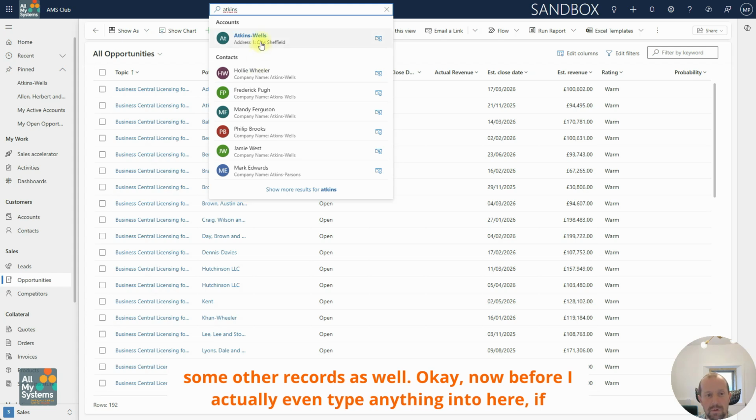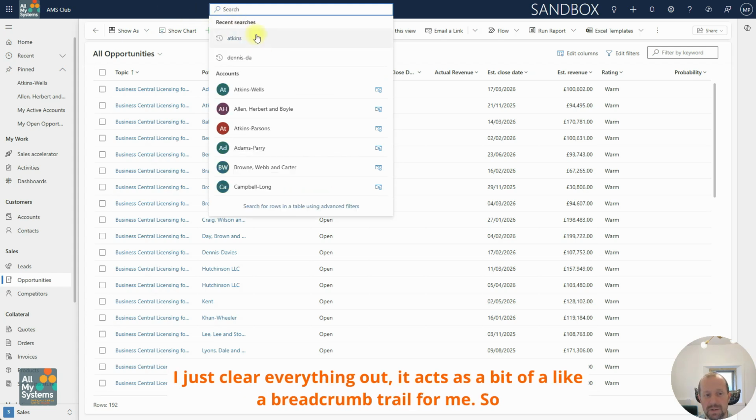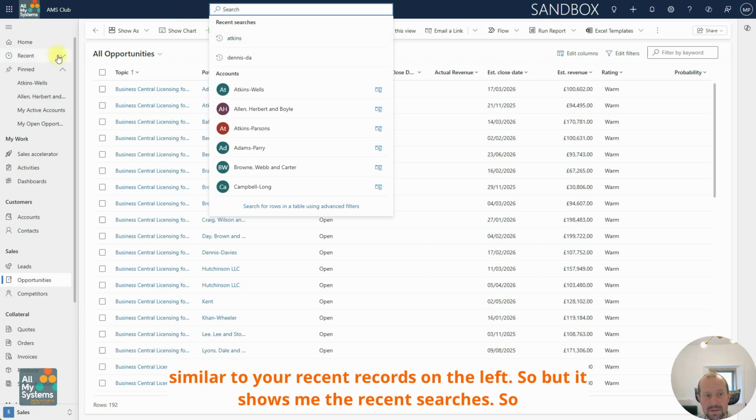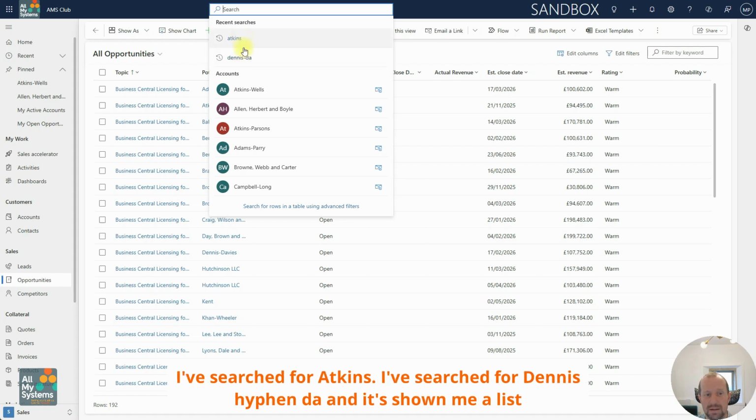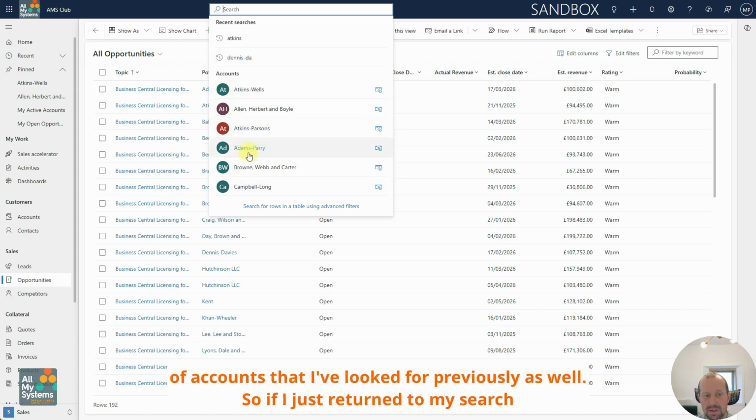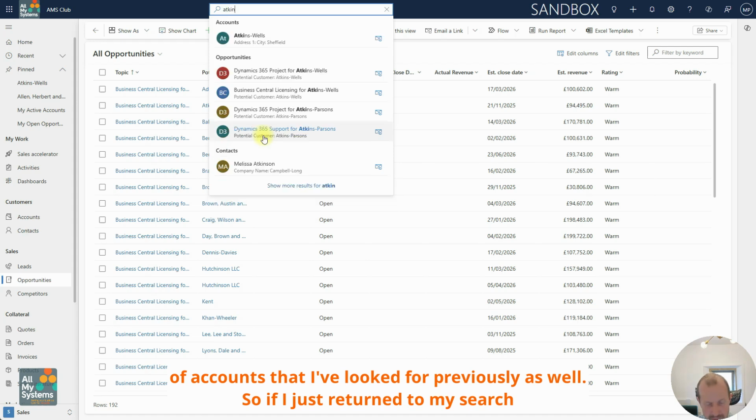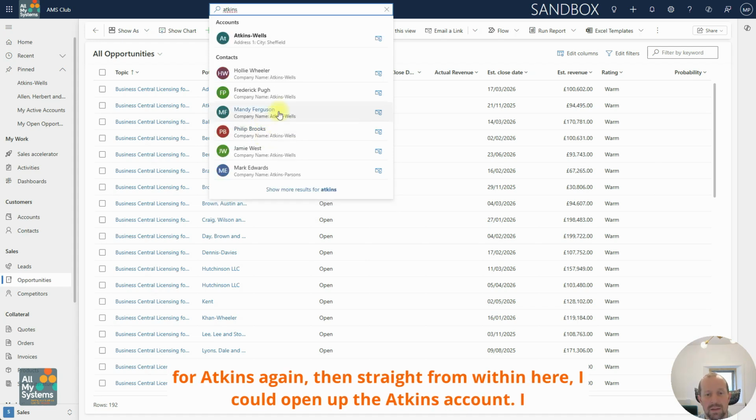Now, before I actually even type anything in here, if I just clear everything out, it acts as a bit of a breadcrumb trail for me, similar to your recent records on the left. It shows me the recent searches. So I've searched for Atkins, I've searched for Dennis-DA, and it's showing me a list of accounts that I've looked for previously as well. So if I just return to my search for Atkins again,